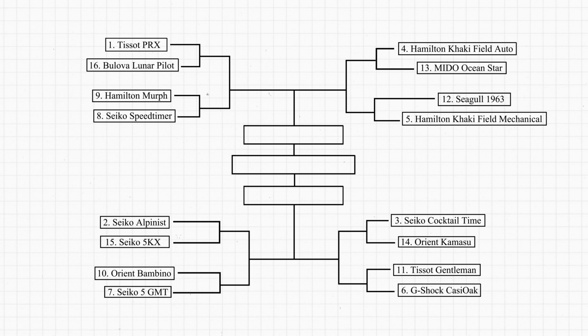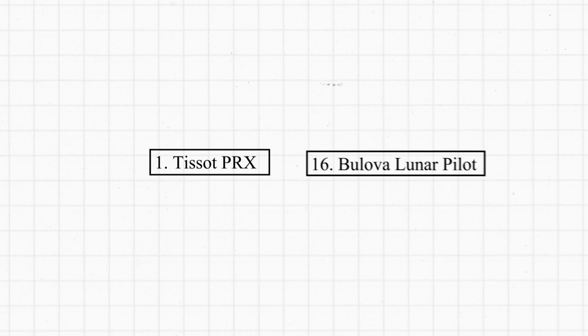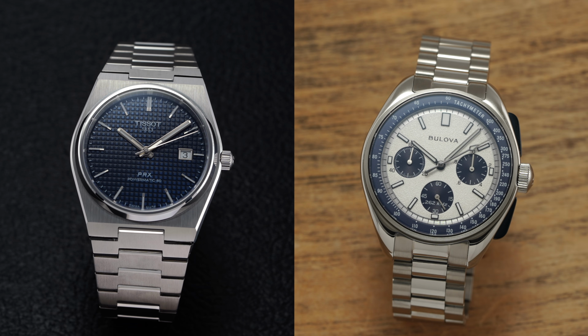So round number 1, first matchup, looking at the biggest separation in seeding, with the 1st seed going up against the 16 seed. If you've ever watched any sporting tournament, March Madness as an example, this is how it usually goes. So we're just gonna follow that flow. This had the Tissot PRX going up against the Bulova Lunar Pilot, and receiving 73% of the vote was the